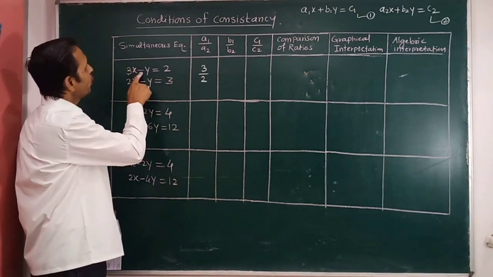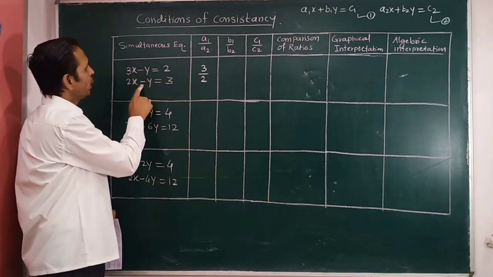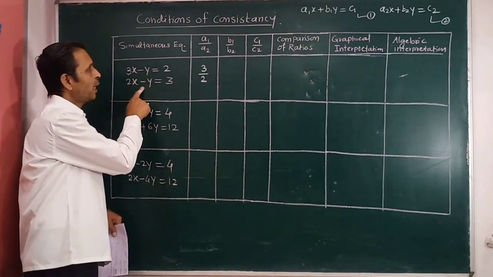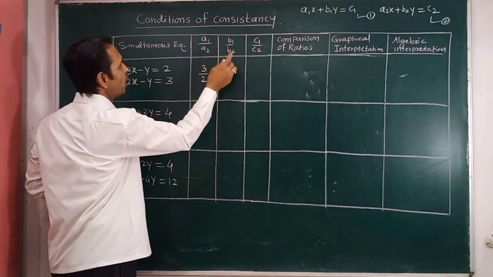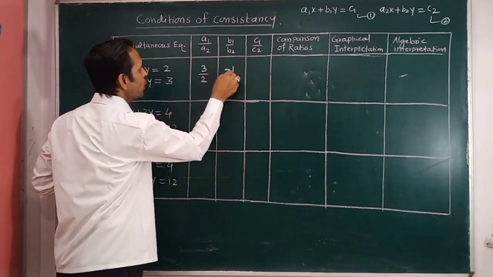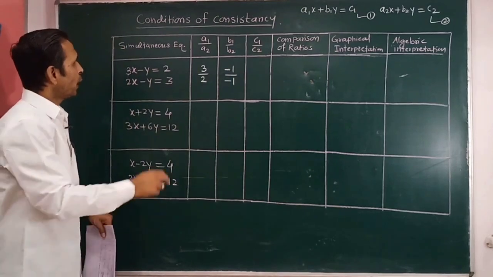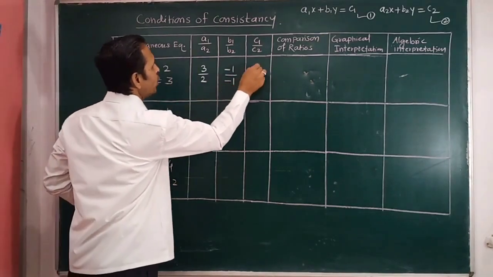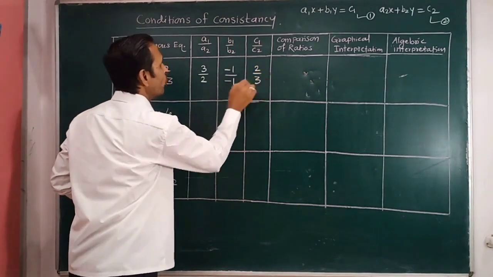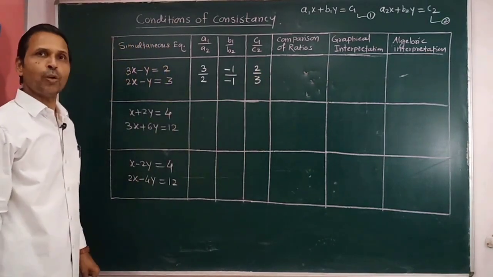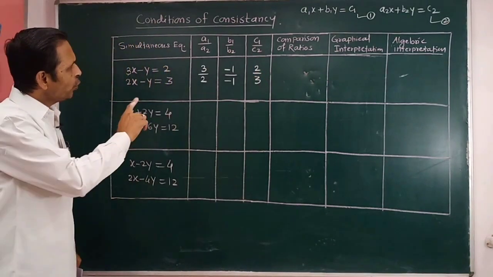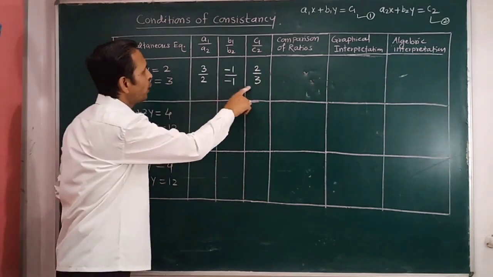Another ratio is for y. The coefficient of y is -1. Here also the coefficient of y is -1, and that's why the ratio B1 upon B2 is -1 upon -1. The ratio C1 upon C2 is 2 upon 3. Now, if you observe all these three ratios,